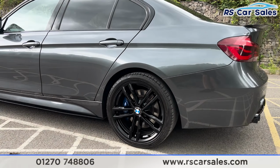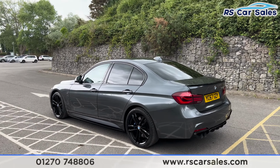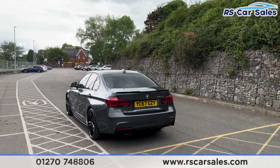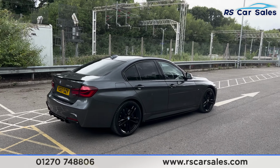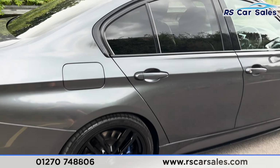We also have the third alloy wheel down there, again in excellent condition. We have the rear parking sensors with a visual display inside. We also have the rear diffuser with a twin pipe exhaust. Walking back round to the driver's side, you find that this vehicle is free from any major marks, dents or scratches. If you take a look at the final alloy wheel just there,